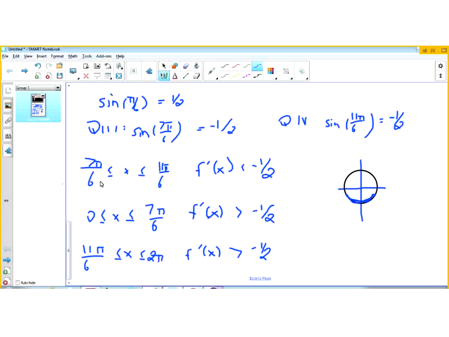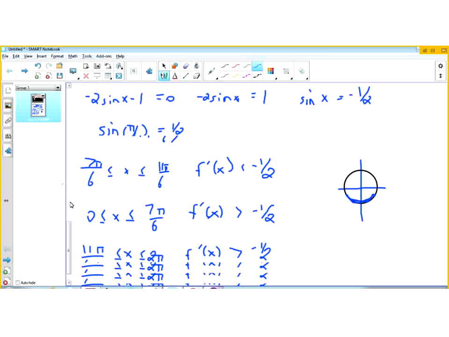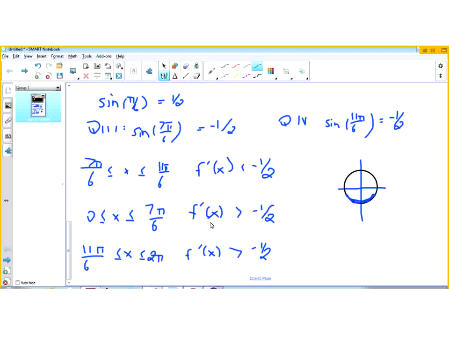All right, so now that means we have 7 pi over 6 as a point of transition. So at 7 pi over 6, as we approach from the left,